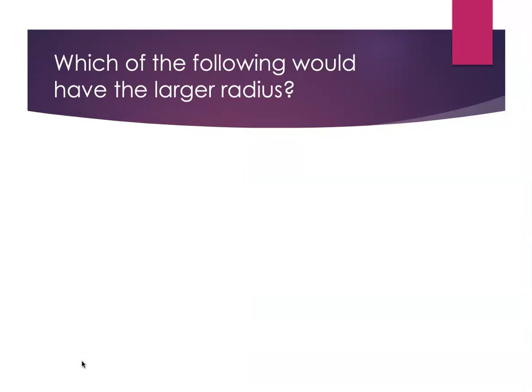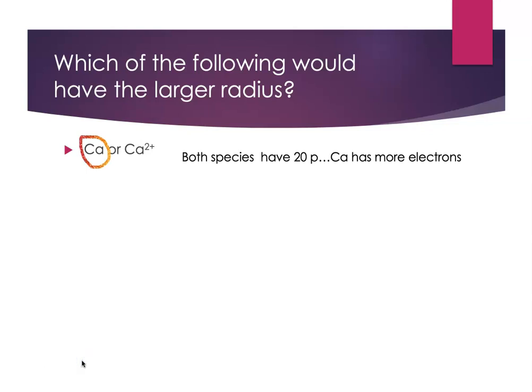Which of the following would have the larger radius? So let's do a few practice problems, just some simple comparisons. If I'm comparing calcium atom or calcium ion, which would we expect to have the larger radius? I would expect the calcium atom to have the larger radius. Both species have 20 protons, but the calcium atom has more electrons than the calcium ion,